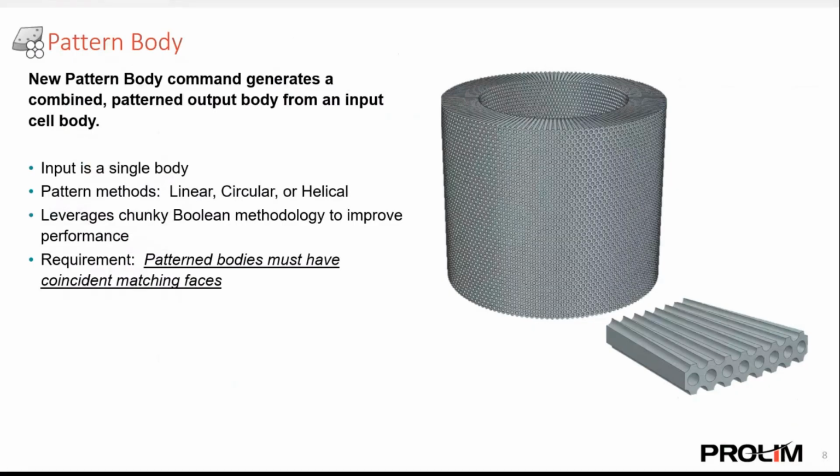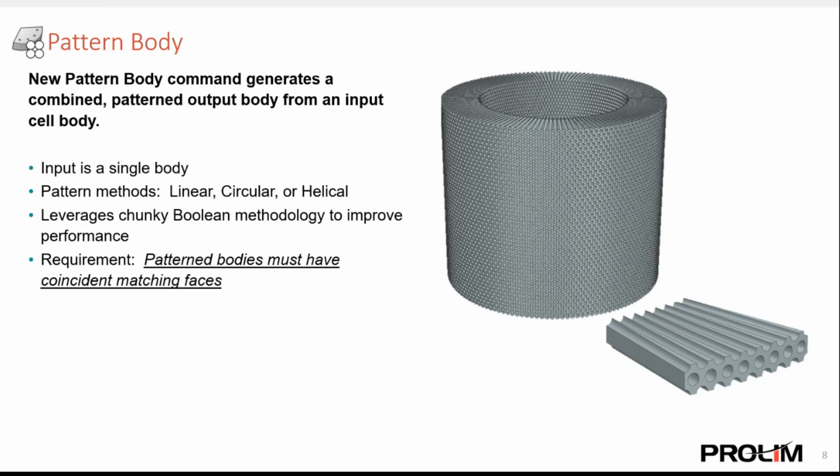Now, the pattern body command. This feature lets you generate a combined pattern output body from an input body. This is especially effective for linear, circular, or helical patterns. Do note that pattern bodies must have coincident matching faces. If they don't, NX will be upset at you. Essentially, it'll say, hey, there are gaps in this. I can't really combine this together, because this pattern body is to generate a combined patterned output body from